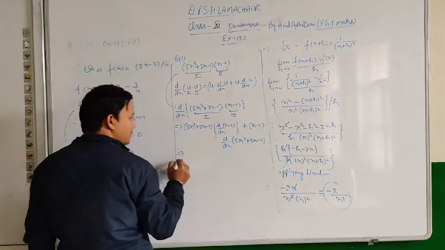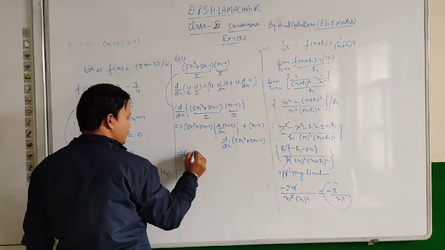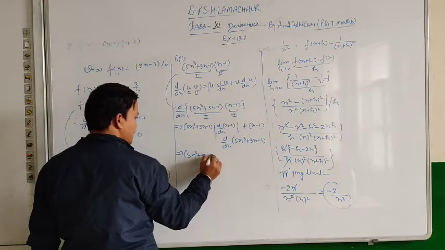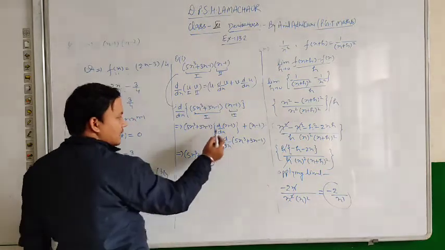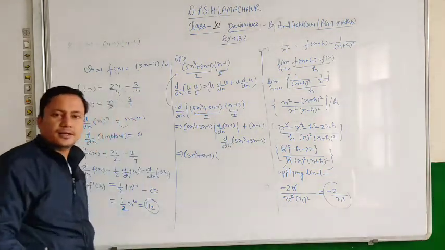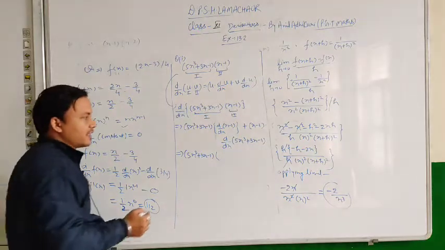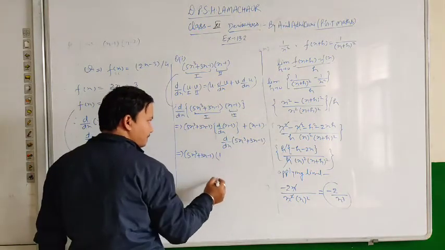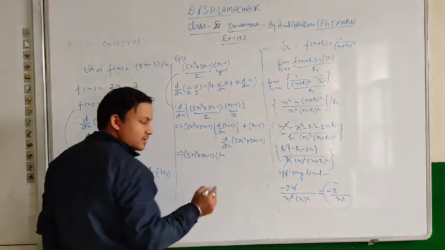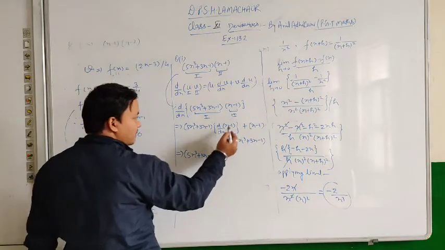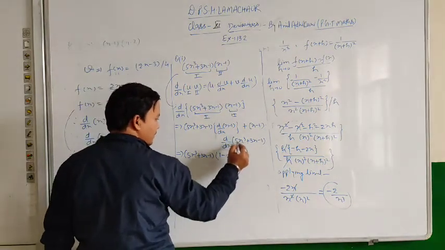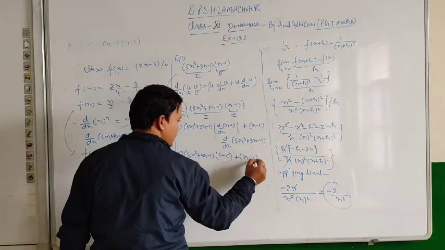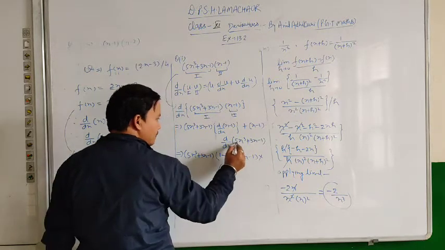Now see, first function 5x cube plus 3x minus 1. Now d by dx of x, we just did that, x means x to the power 1, so the derivative of x to the power 1 is 1, minus the derivative of 1; since 1 is a constant term, the derivative of 1 will be 0. Okay, plus (x minus 1) into the derivative of 5x cube plus 3x minus 1, where 5 is a constant term.